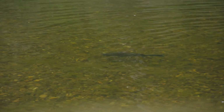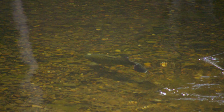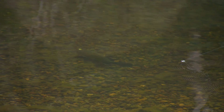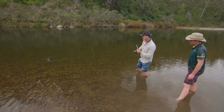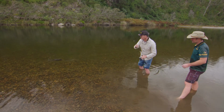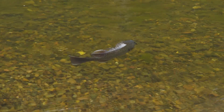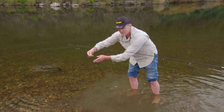Oh, that is a stunningly marked fish, and so strong in the current. I've only got bass gear, but pound for pound, they'd pull a Murray cod backwards. Instead of 2 or 3 power runs, he's had a dozen. Yep. But look at the quality of that. What a magical fish. I'm just going to gently give you that, mate, if that's okay. Geez, he's strong. Haven't got the hooks out yet, but basically in the upper reaches of the Murray cod range